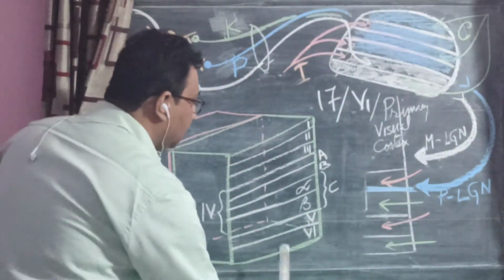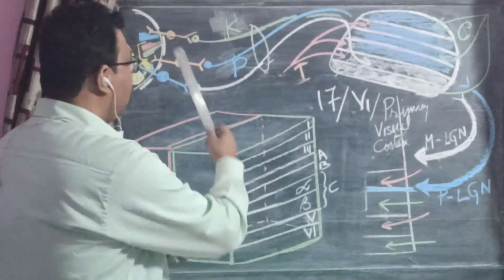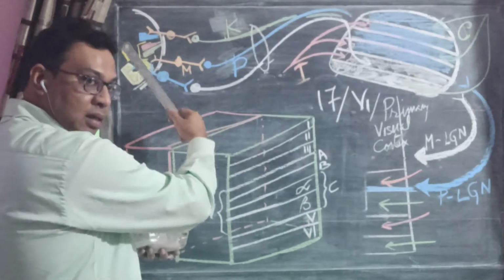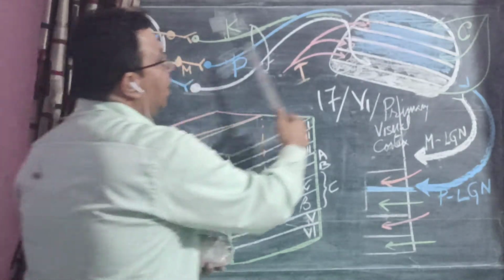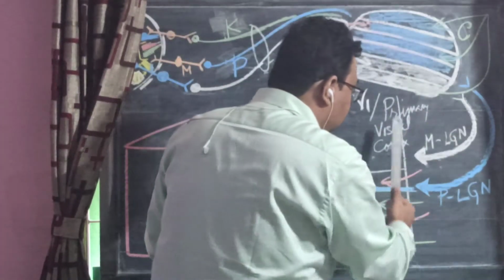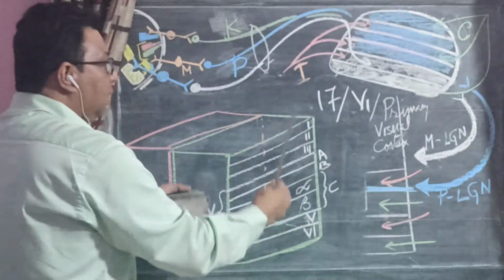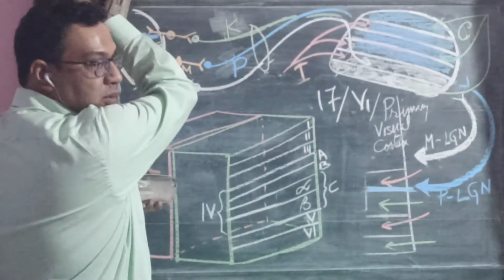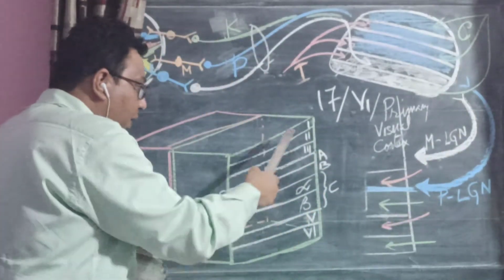So when the processing happens in this fashion, in modules, this is parallel processing. What you have seen earlier is serial processing. Some amount of processing in the retina, some amount in the lateral geniculate body, some amount in the visual cortex, and further down. This is an example of serial processing. This is parallel processing. So what do we have?